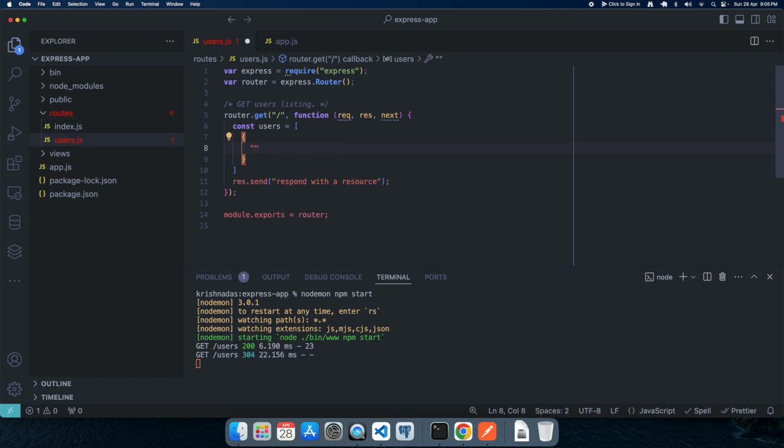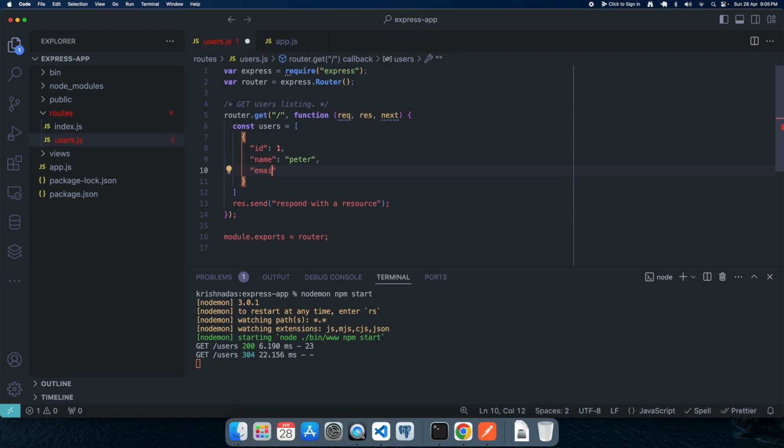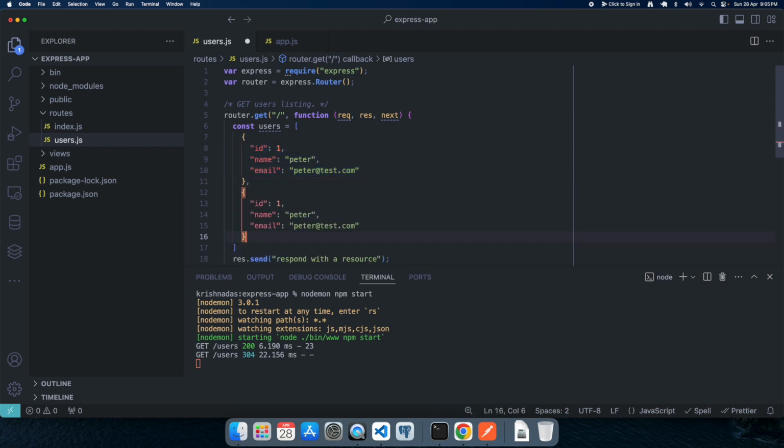So here we are creating dummy data. We have a few columns like ID, name and email. I'm just creating two dummy records for the time being. So ID will be 2